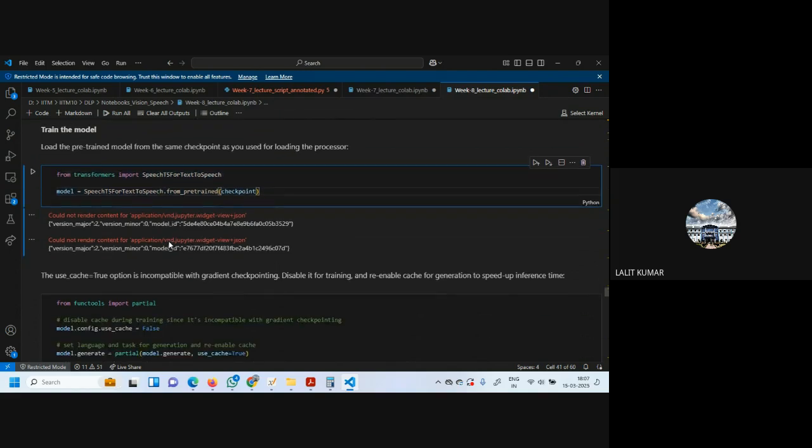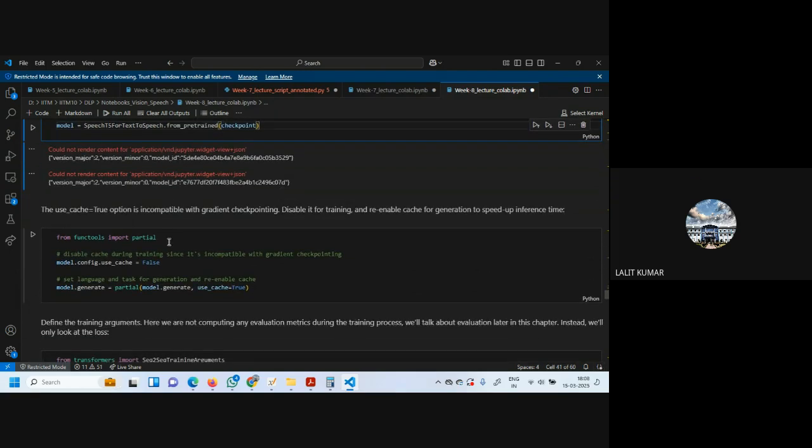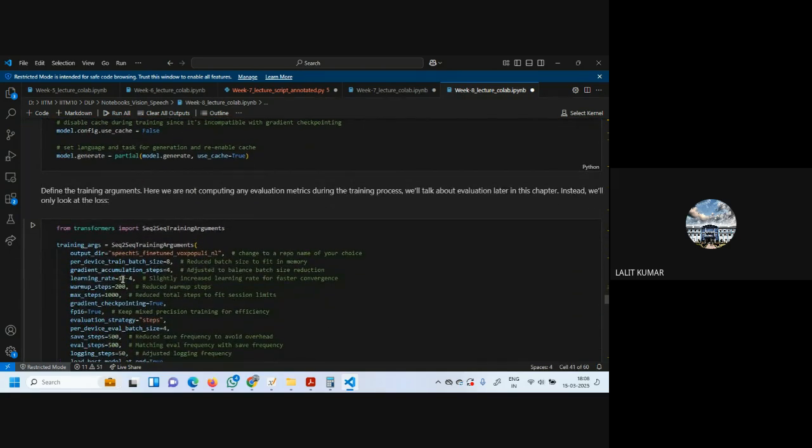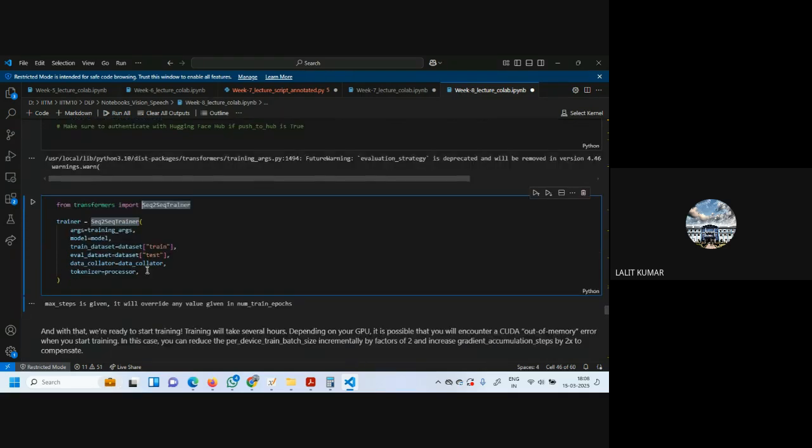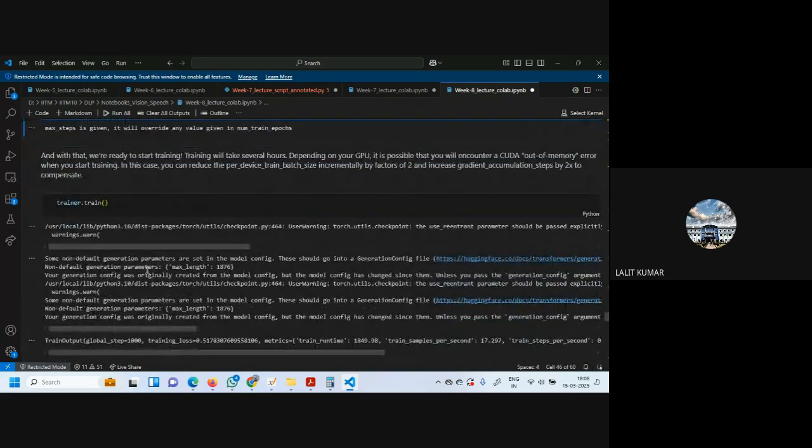The checkpoint remains the same, and this is for using cache or not. Then we use training arguments. We make the trainer, which will be a sequence-to-sequence trainer. So this is a difference here: sequence to sequence, and then we train.